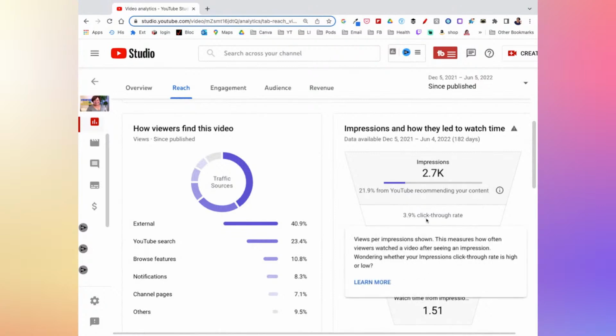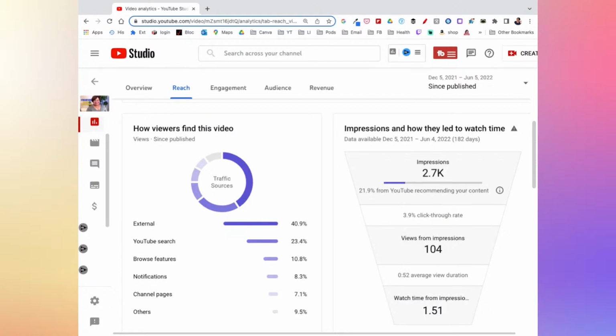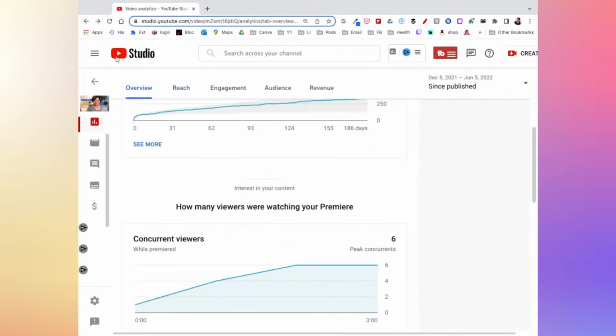And even though that's one of my higher performing videos, it only has a 3.9 click-through rate, which is less than my channel in general. Good to know. Maybe I need to try a different thumbnail on that video, to get that even higher, because people like that content on my channel. So this is why it's important to go through and look at these things.